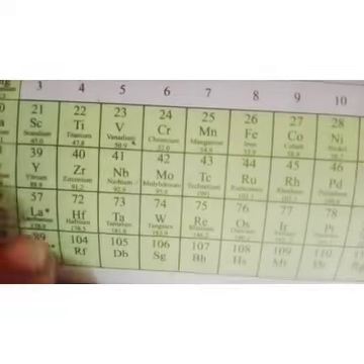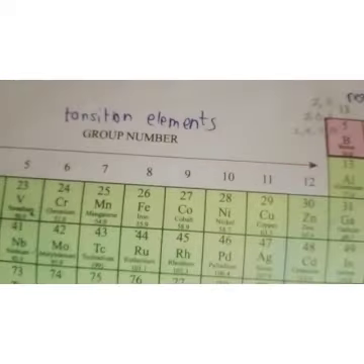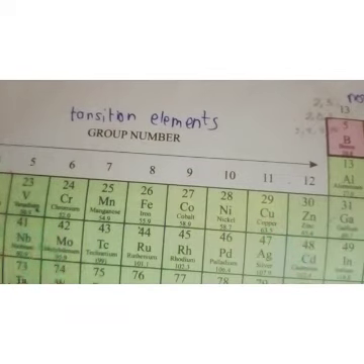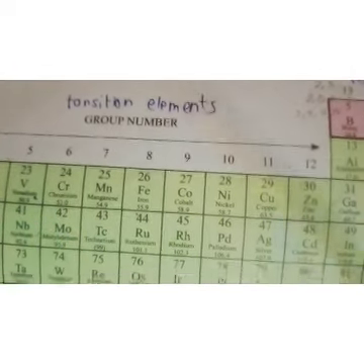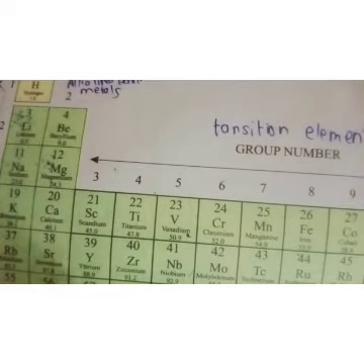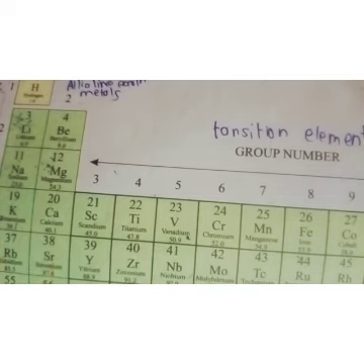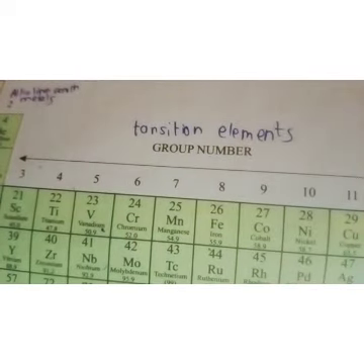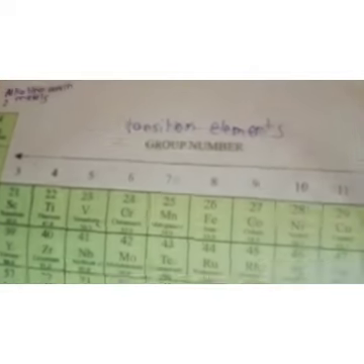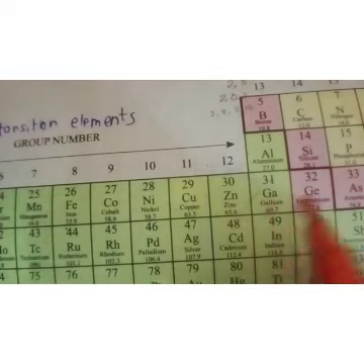The left side of this periodic table, starting from group 1 to nearly group 12, the elements are all metals. Alkali metals, alkaline earth metals. These metals are electropositive in nature. They have the tendency to lose electrons. When you write the electronic configuration, you know that elements like sodium and magnesium have the tendency to lose electrons during a chemical reaction. So such elements are called metals. All these elements, up to group 12, are metals.